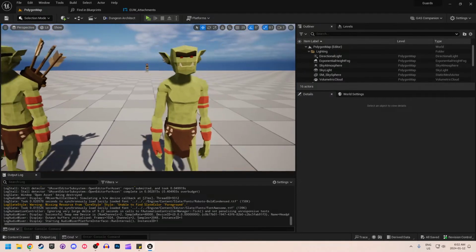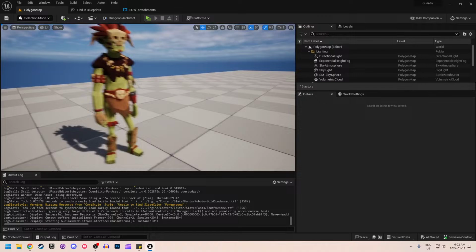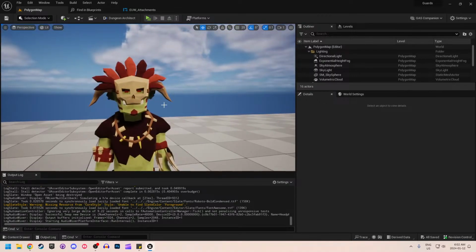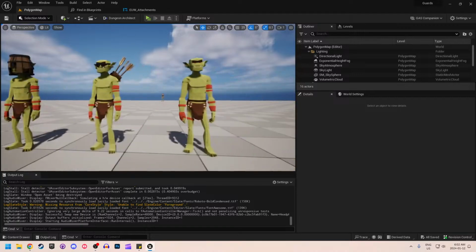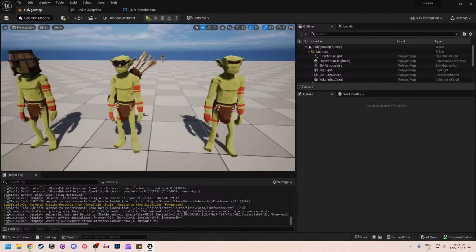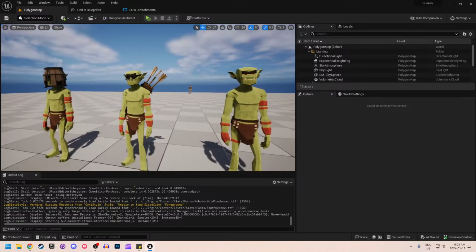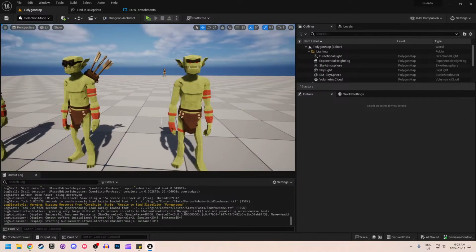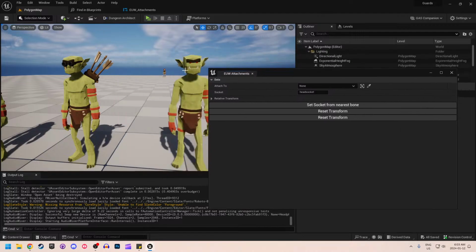I've only got 5 models, so there's also this guy back here. You can see he's got his little attachment on him now, and this guy's got a bucket head. Now, yeah, this is, as you can imagine, like a ranger kind of character. Now, the way this works is you've got this editor utility widget where